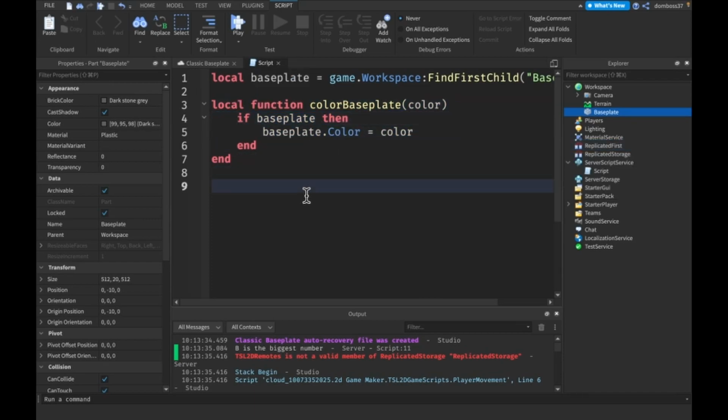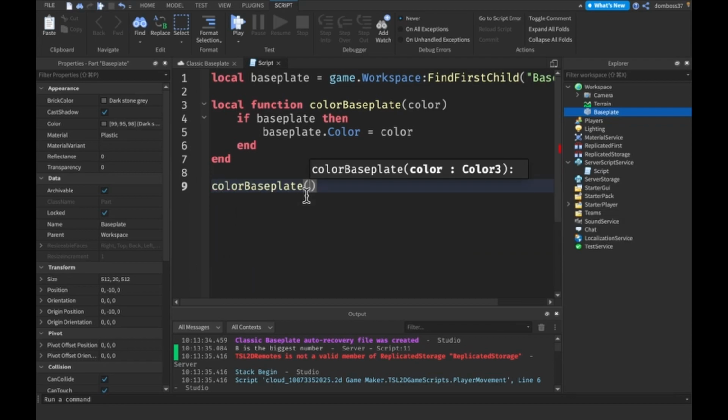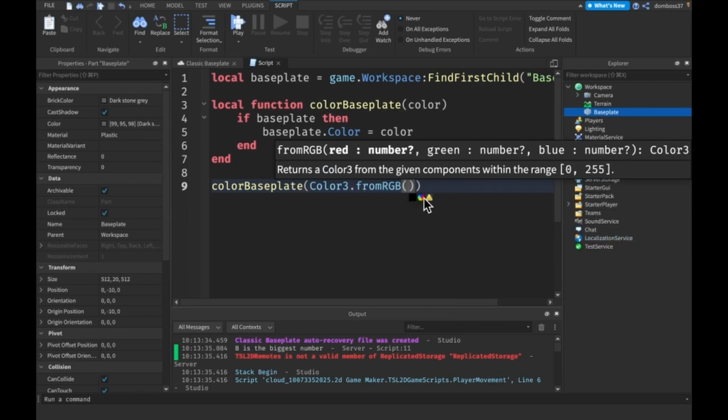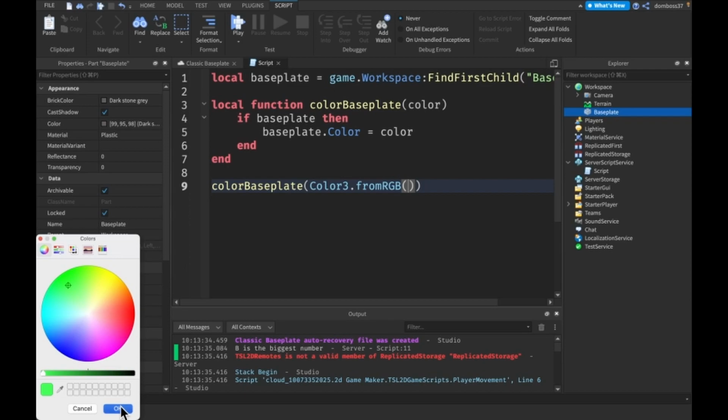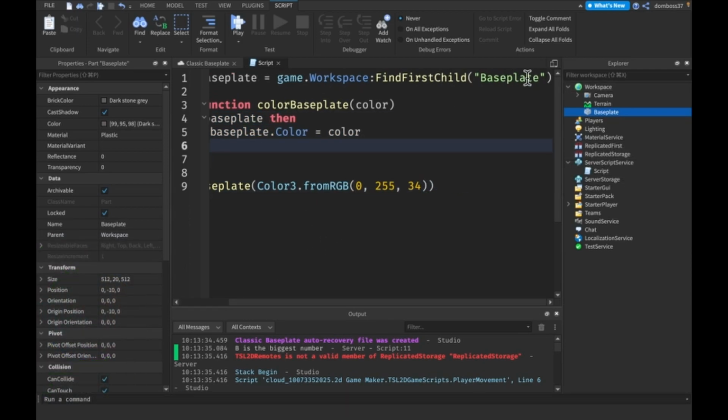It's perfectly fine, nothing's wrong with it, because if I do color base plate, and if I pass in Color3.fromRGB, and let's just do the color wheel, let's give it green for some reason. Anyways, this will work, nothing's wrong with it. Even if I make the base plate